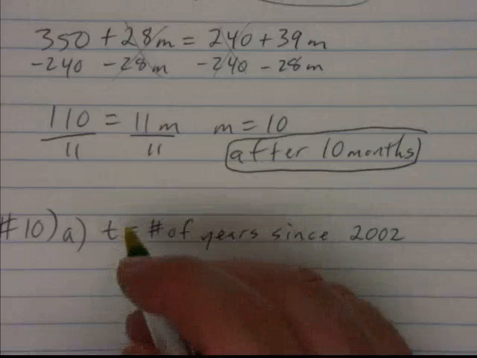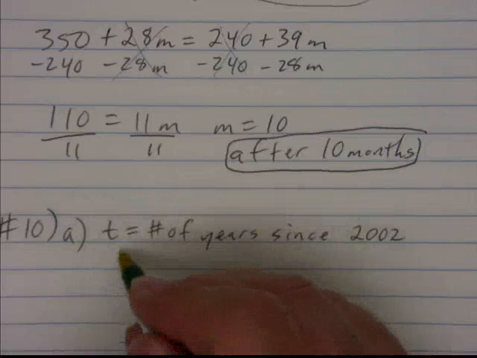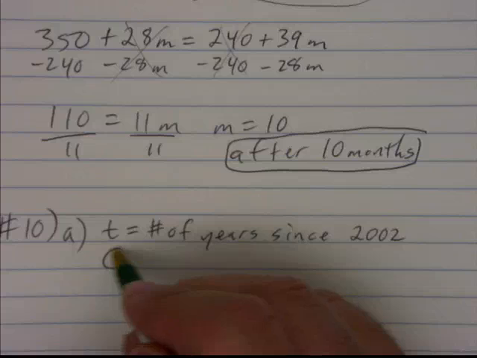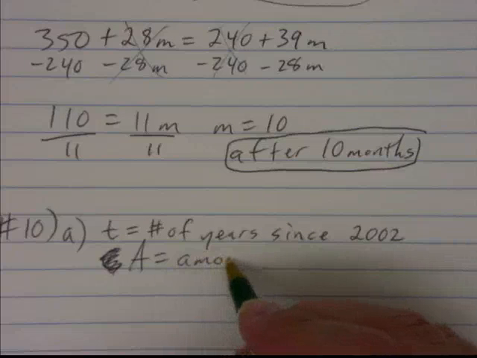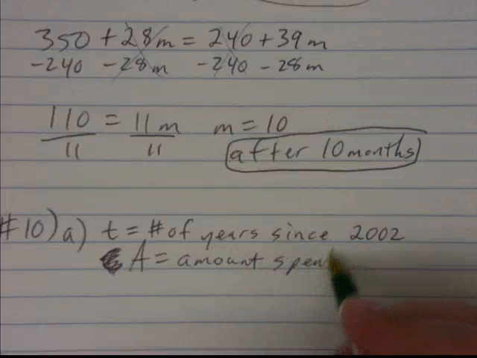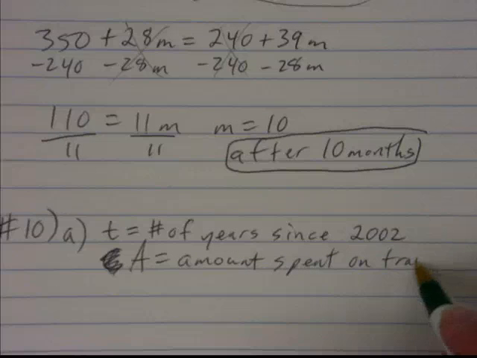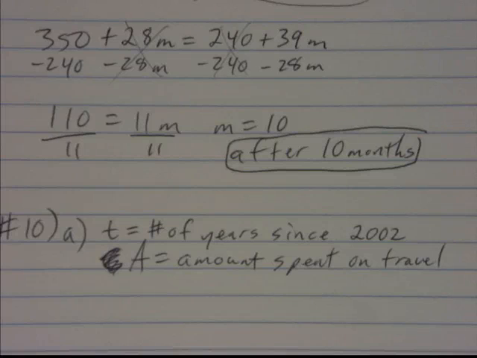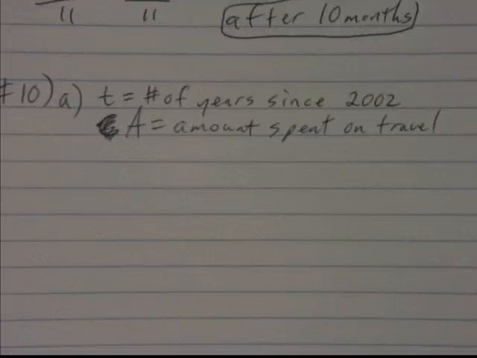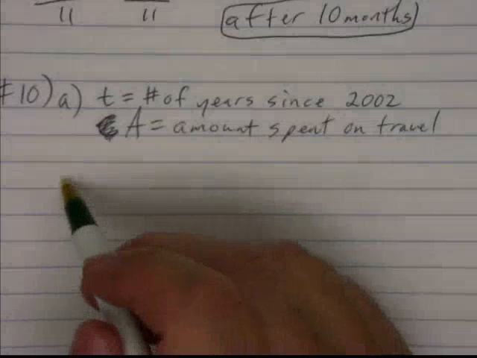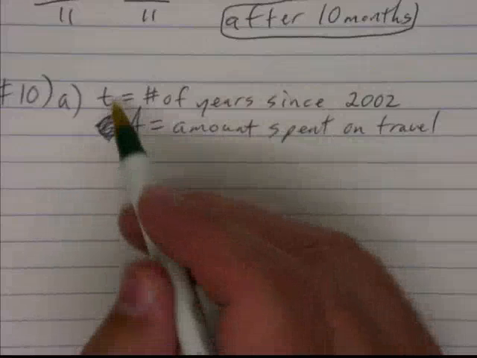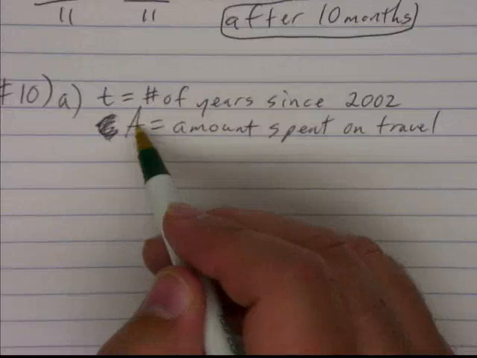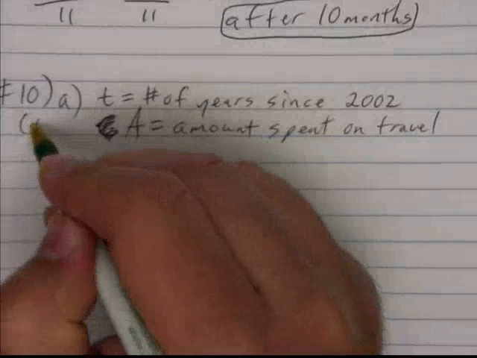And I'm going to let amount, A for amount, spent on travel. Alrighty. Now, what they've given us is they've given us two pieces of information. So what I need to do is I need to come up with two points that will model that information they give us. So I'm going to let this act as my x's and this act as my y's. So I'm going to be looking at t, A